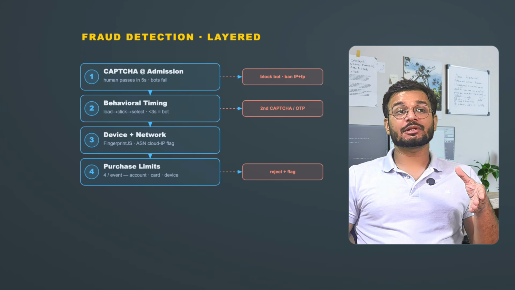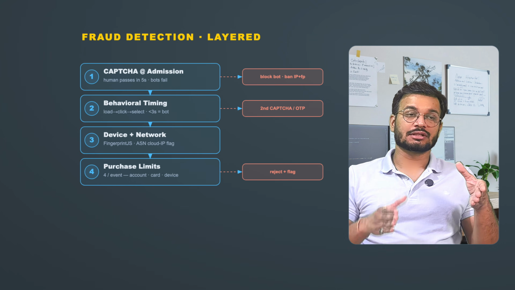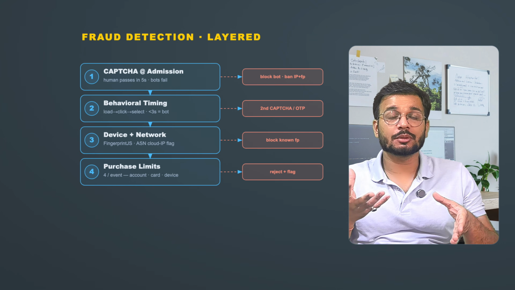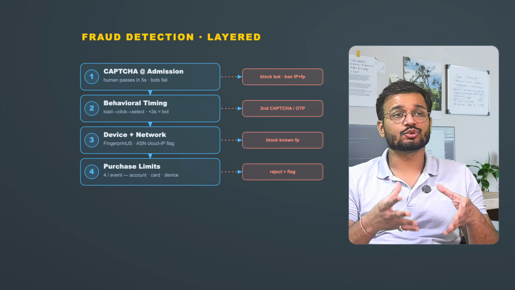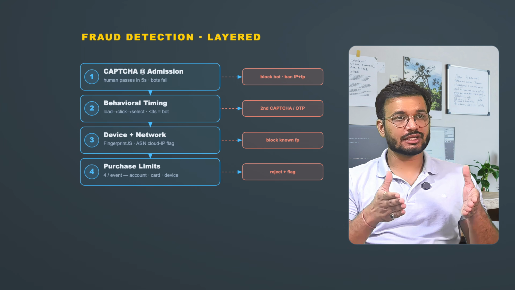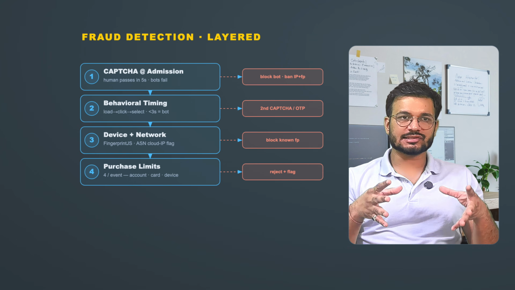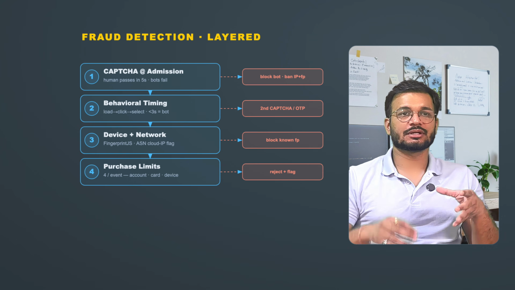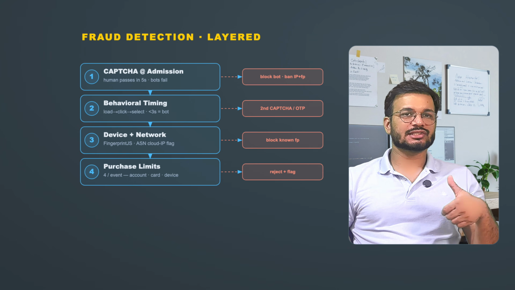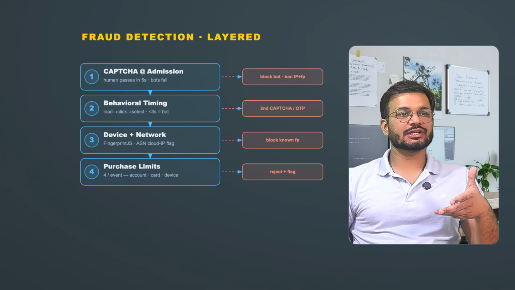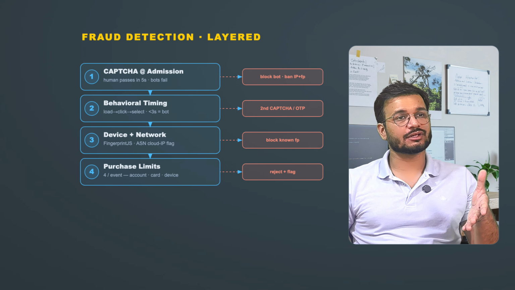Now, a principal engineer can also question: bots can randomize timing to mimic human behavior. What do we do then? Then we can use network level signals. Look at the ASN, the autonomous system number of the IP. Cloud providers like AWS, GCP, and Azure are disproportionately associated with bot traffic.